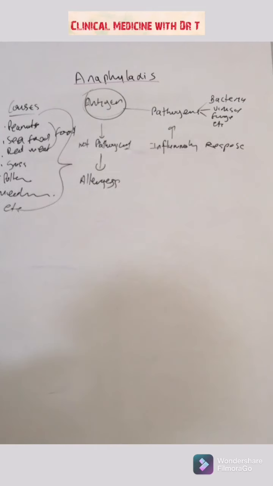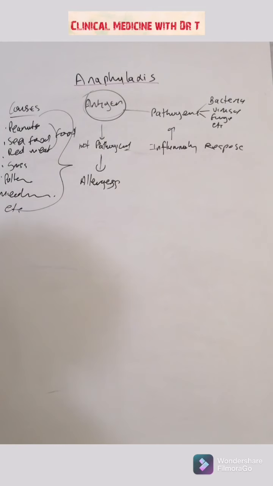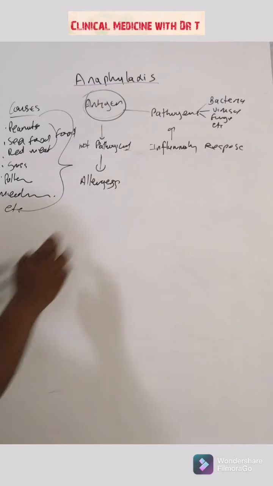I mean, like I said yesterday, when someone who's allergic to peanuts eats peanuts, their body initiates an inflammatory response and releases inflammatory mediators and all those things. That's for someone whose body sees peanuts as an allergen. But someone who does not have allergy to peanuts, for instance, when they eat peanuts, their body does not initiate an inflammatory response, and therefore there are no inflammatory mediators being released there. That's where the difference is.